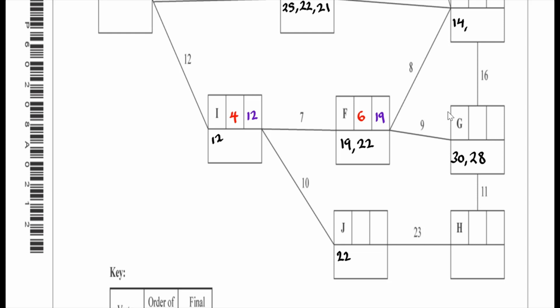we then look for the next smallest one, which is this 22 over here. So we take this 22 in here and we label that with the number 8 for J. Okay? Now, 22 plus 23, you'd find that to be 45. Okay? So we put 45 here,